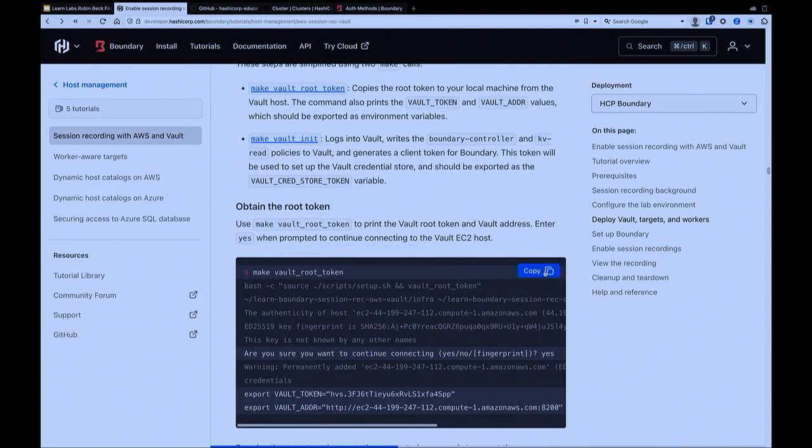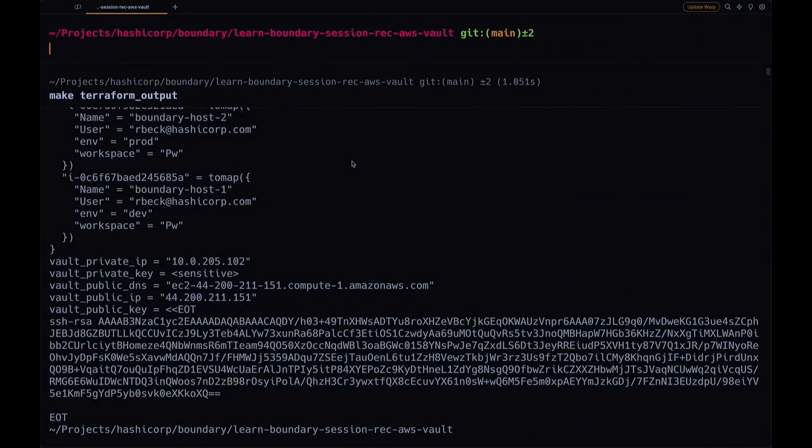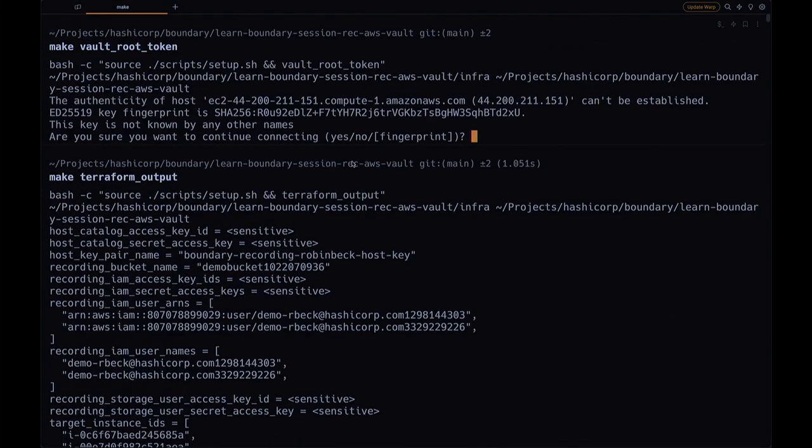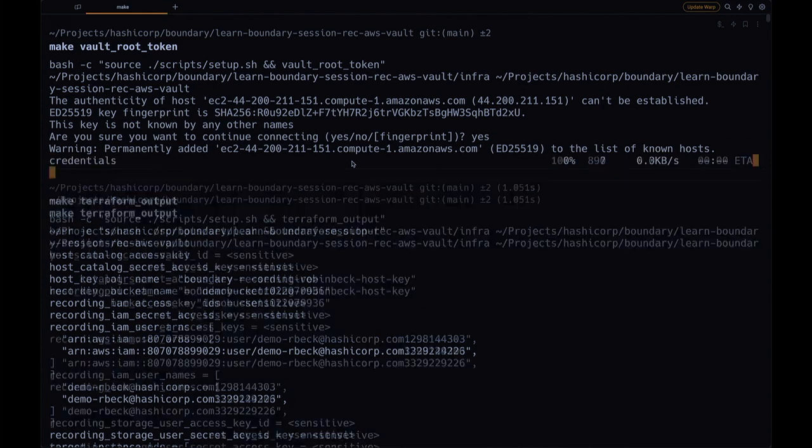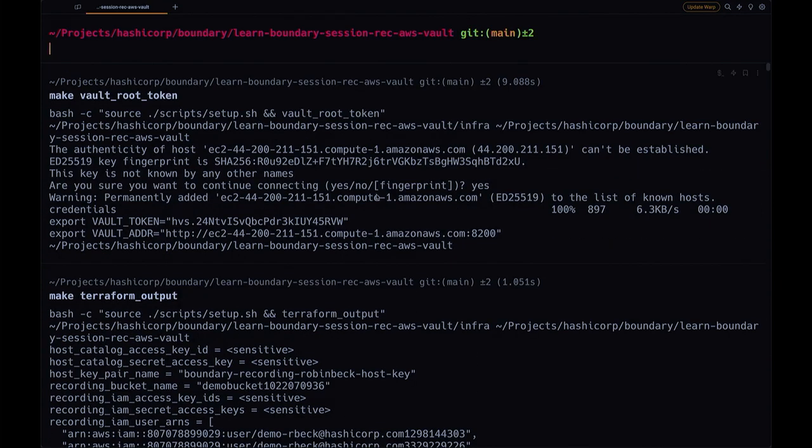So I'll execute the make vault root token command. It's going to ask me if I want to connect to this machine via SSH or SFTP, I believe it is. I'll type yes. And then it goes through and logs into the Vault instance and copies that root token to our local machine. You can see that it gives me the values that I need to export from the output. So when you run these make commands, I have it echo the output here to the terminal. And what you need to do now is copy the Vault address and the Vault token and export them as environment variables